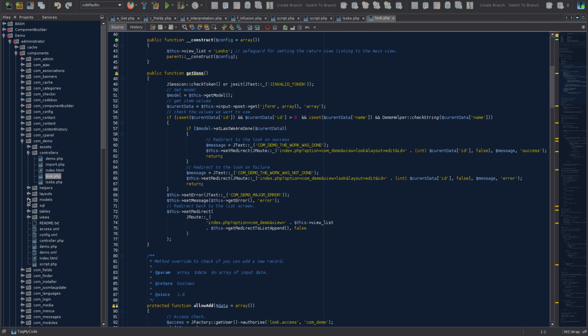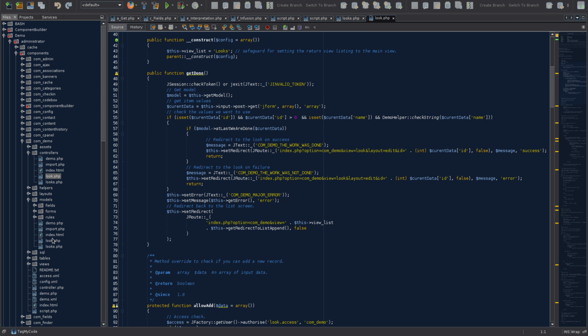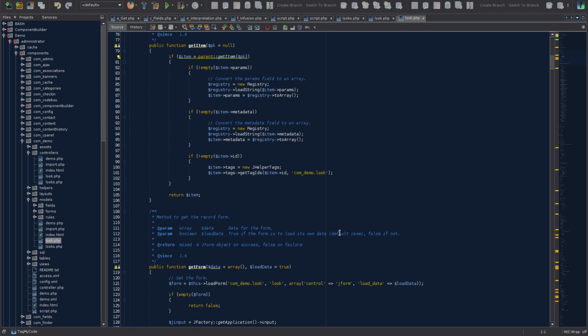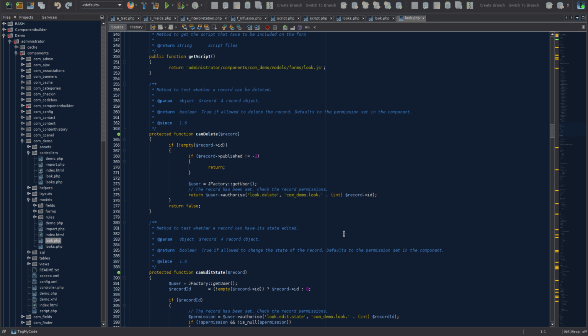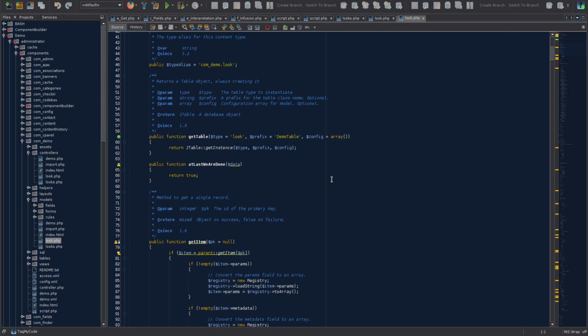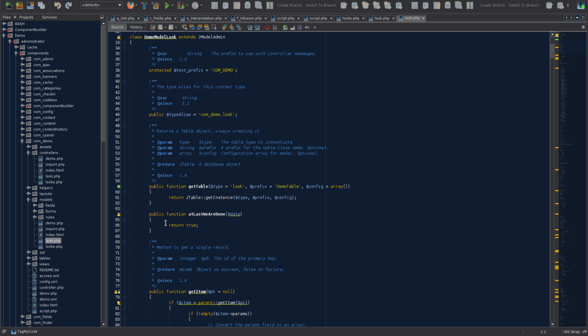If we now go to the model and we open the look model, we'll see that it has a new method added here somewhere. Just scroll down till we see it. Oh, sorry, it was way up here. I scrolled fast and so I missed it. So it's just here after get table. Here it's added our little method. So I'll now add this to false